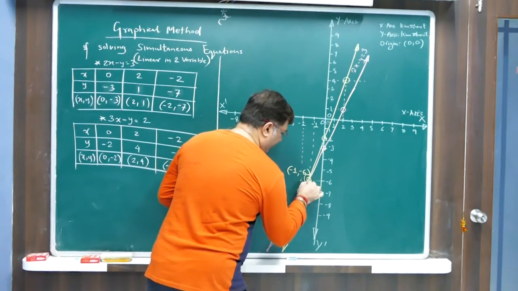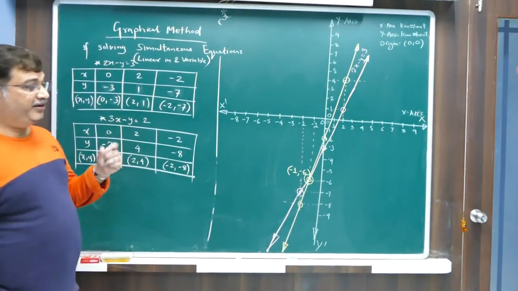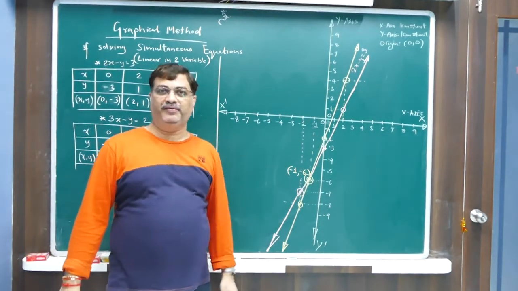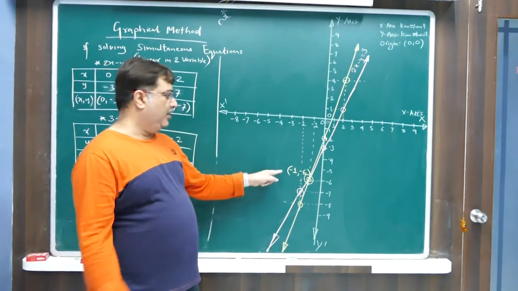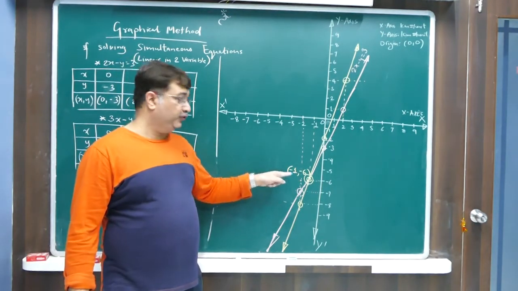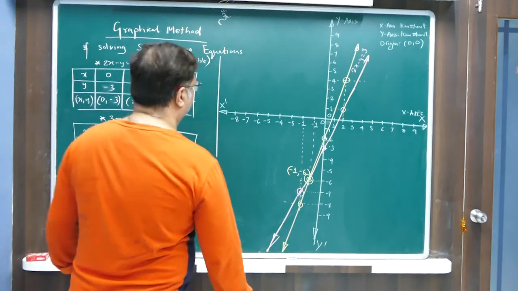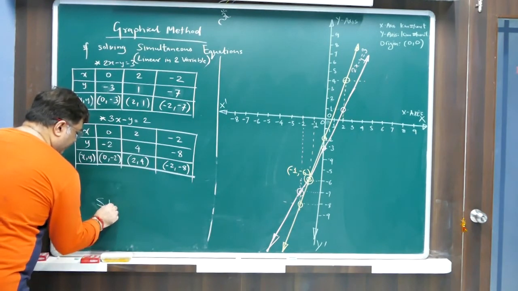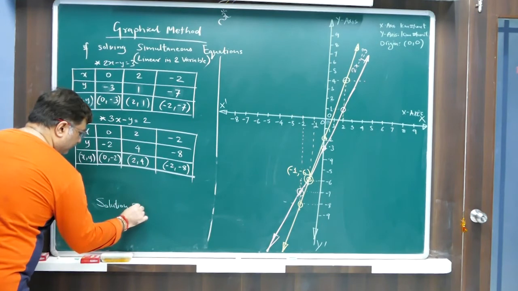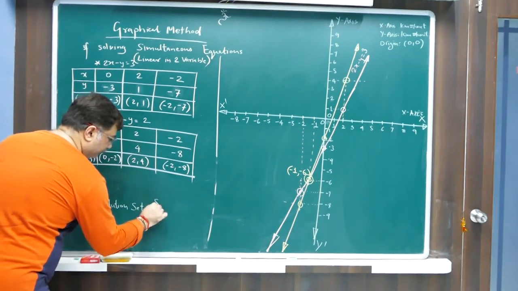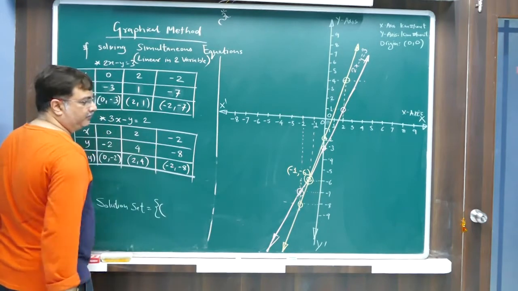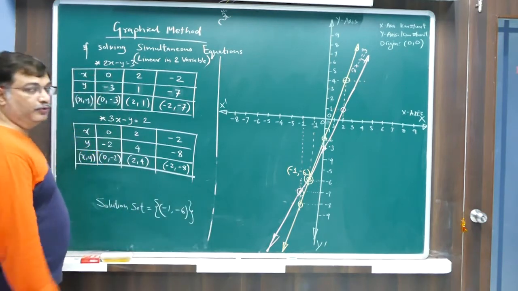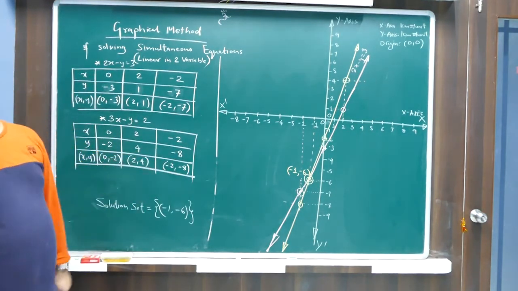You can double circle it just to give it importance, because you have already circled one, circles are there for everyone. The intersection point can have a double circle and the coordinates have to be written for the intersection point. Alright, and then you will say the solution set. Solution set. First, the x coordinate, which is minus 1, then the y coordinate minus 6, bracket closed, curly bracket closed. This is the solution set for this equation.